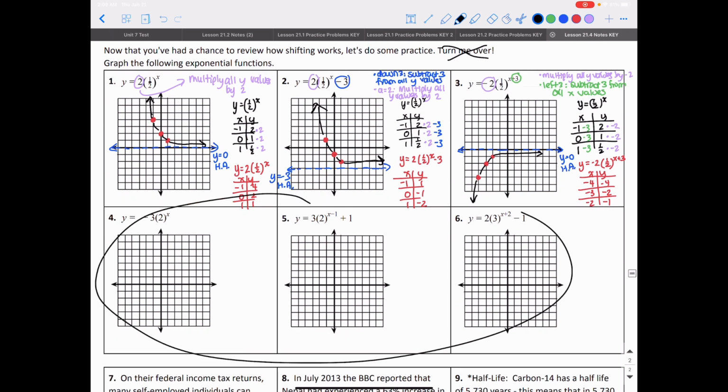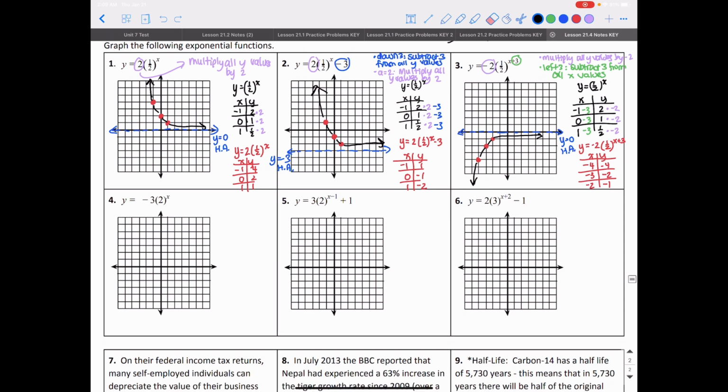I want you to try these 3 on your own. So pause this video and try these 3 on your own. All right, for number 4, I have y is equal to negative 3 times 2 to the x power. The only transformation that I see there is this negative 3 in front. So all I'm doing is multiplying. So I want to multiply all y values